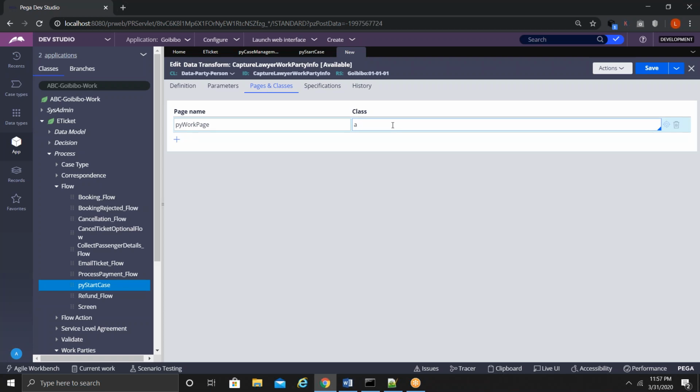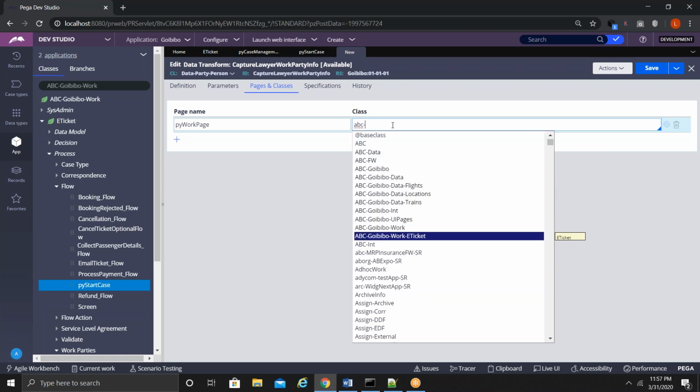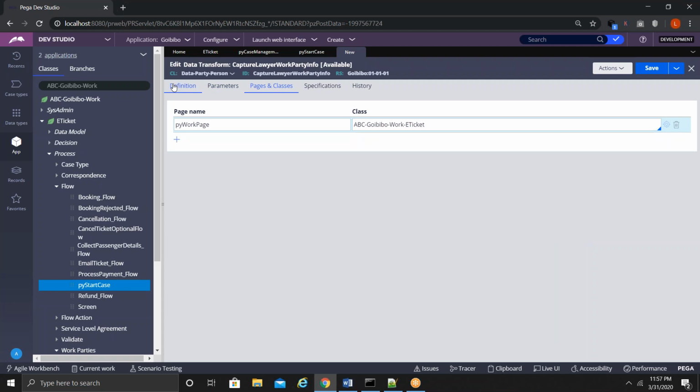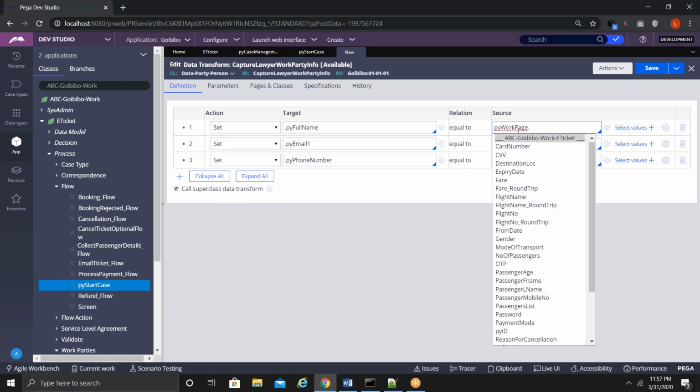So this is ABC hyphen, whatever is my class name. It's work dash etiquette. Back, and just give your page name, PY work page dot. Do I have a property for full name? I don't think I have. No. Let me create some properties for